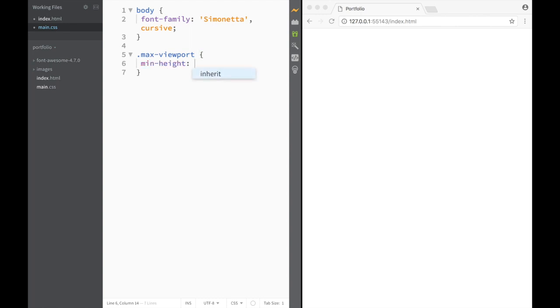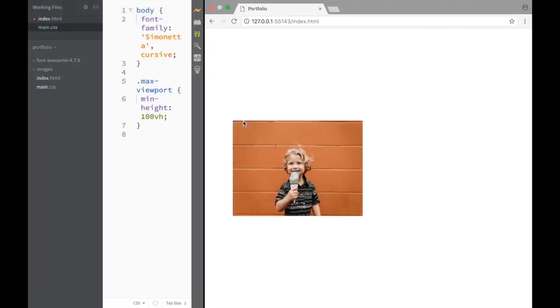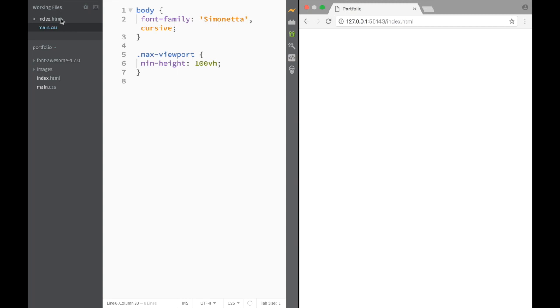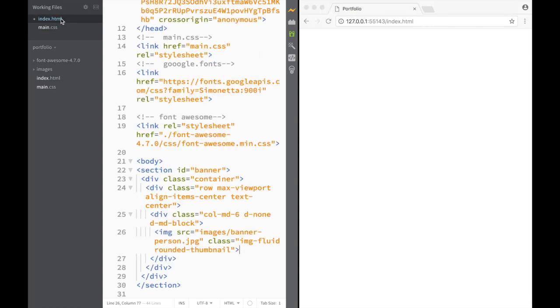And we're going to say this is going to be 100 over here like this, right? But the reason why we don't see the image right now is because we are less than medium. So now I can see that if I go to a medium screen, it's going to be exactly half the size. So if we go back, and then we're going to go to index HTML,